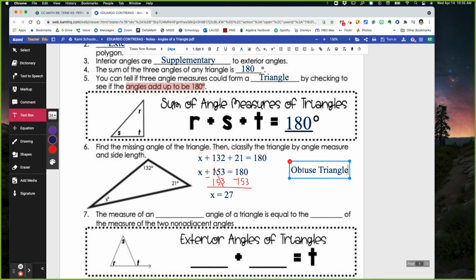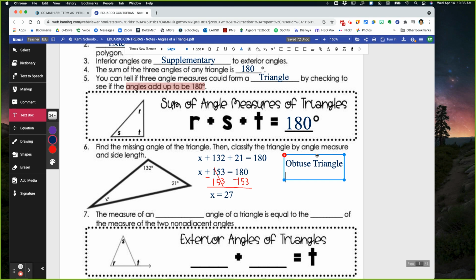So one of the ways we classify triangles is based on the angle measures. If all three angles are less than 90, it's an acute triangle. If one of the angles is exactly 90, it's a right triangle. And if one of the angles is greater than 90, it's an obtuse, and that's what this is. The other way to classify triangles is by the side lengths. If all three sides are equal, it's equilateral. If two of the sides are equal, it's